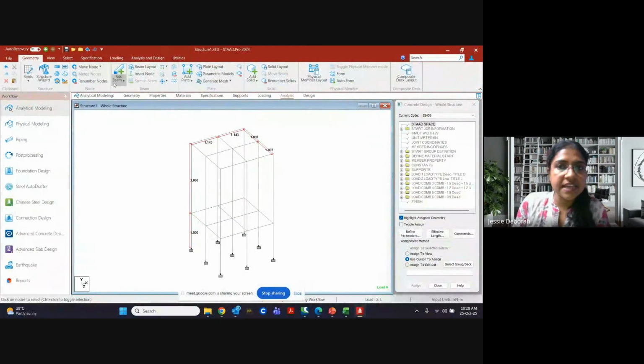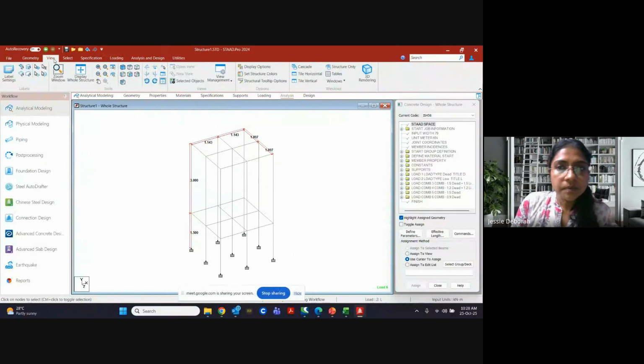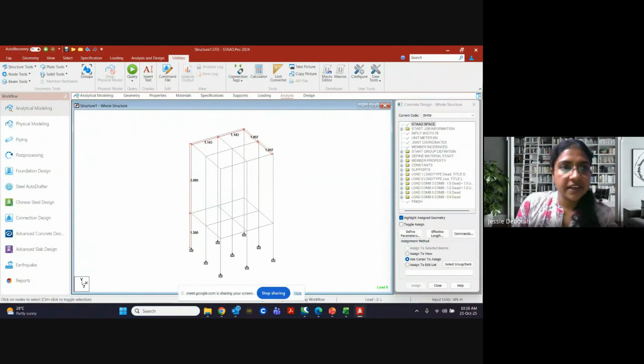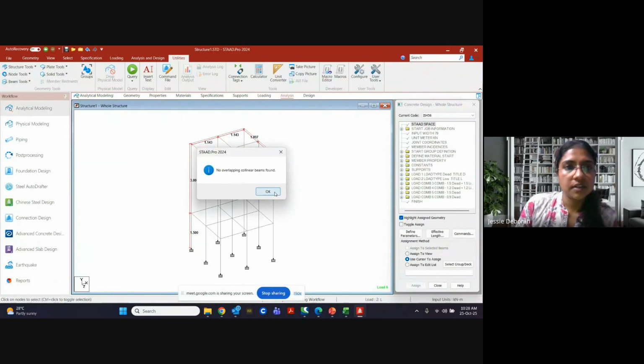Okay, so now we will check once if there are any orphan nodes. Not there. Now we have to check for duplicate nodes, so that we don't have any duplicate nodes. Now we have to check for duplicate beams. Nothing. Okay.